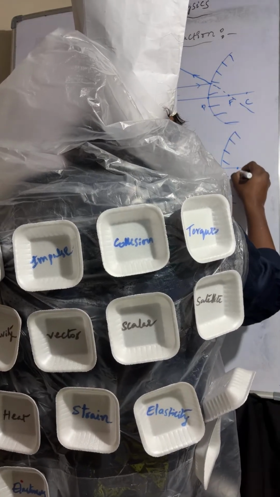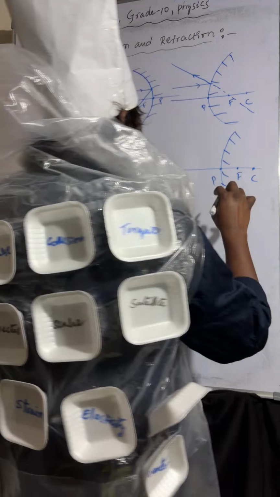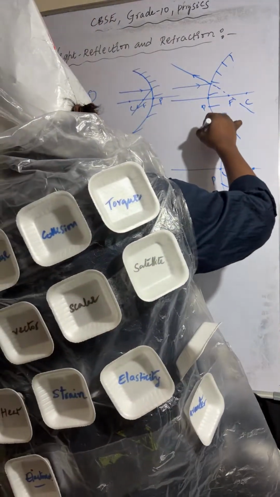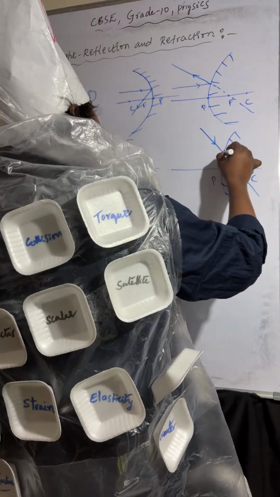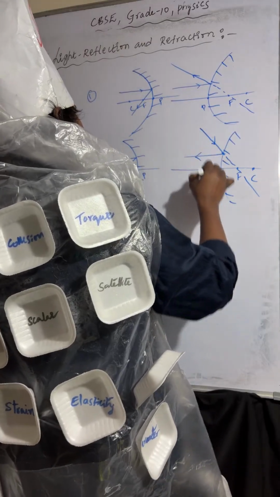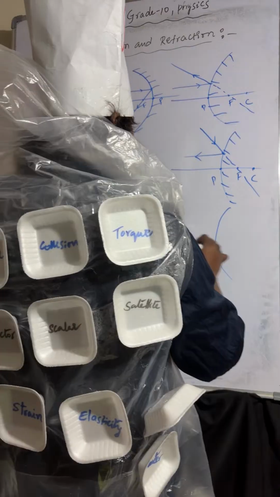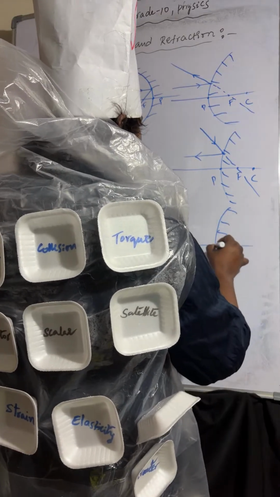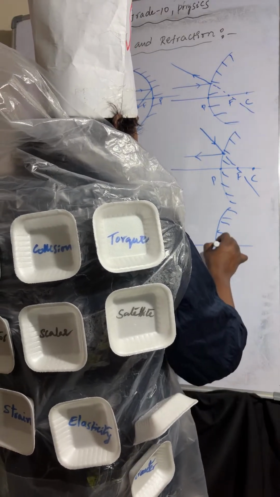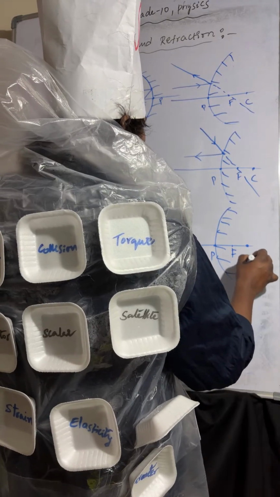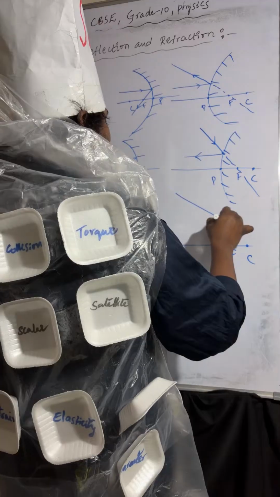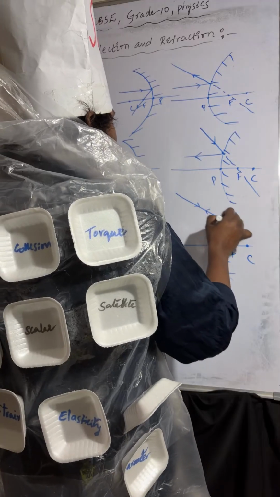Pole, focus, center of curvature, a light ray passing through focus, after reflection moves towards infinity. Coming to the next one, pole, focus, center of curvature, light rays incident